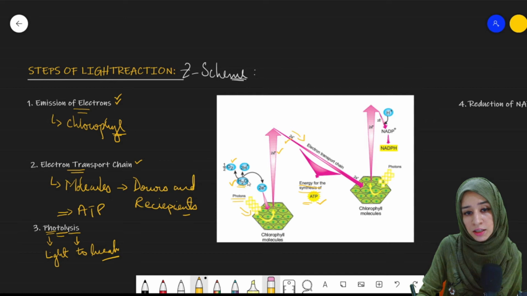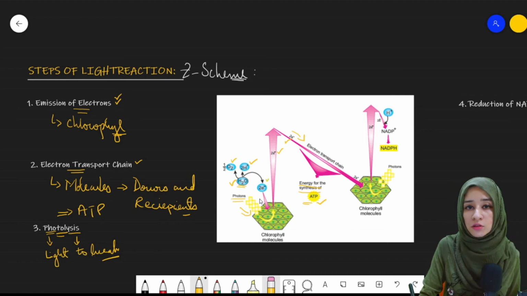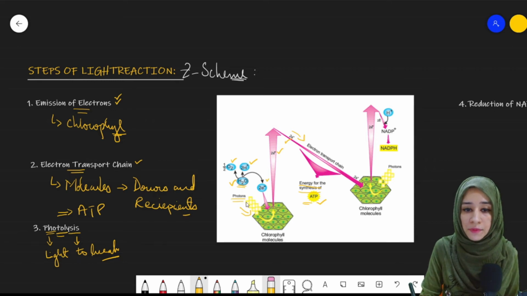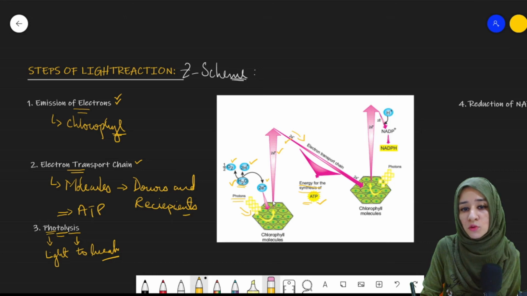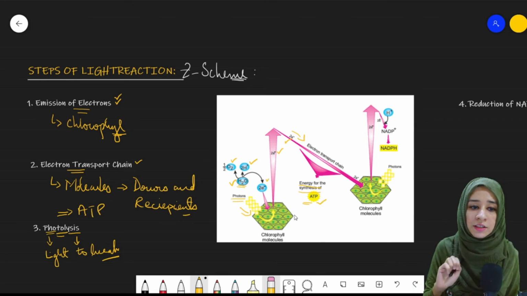Release of oxygen will occur along with the hydrogen ion, where the electrons from the hydrogen are basically transferred into the chlorophyll molecule. These are passed on to the chlorophyll molecule. So it is converted into the hydrogen ion. And then these electrons will move into this pathway and towards the electron transport chain. A similar process will occur and result in the formation of ATP. So this is the third step.